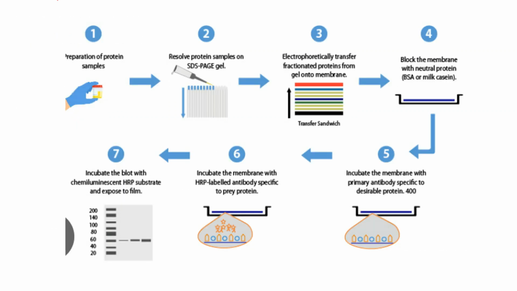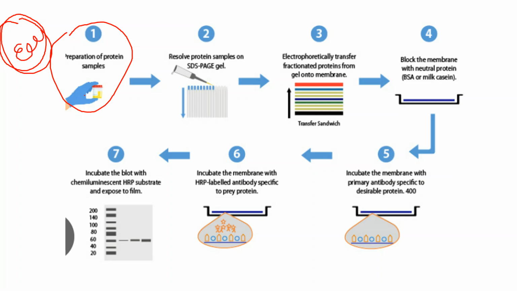So what happens is, during the Western blotting, first we have to prepare the protein sample. How is this protein sample prepared? We know that we grow the cells in cell culture, right? So there will be cancer cells. If you want normal cells, then we have to grow those cells. After that, we have to prepare the sample or cell lysate. For that, what do we have to add? Some protease inhibitors that will not cleave the protein. Protease inhibitors inhibit the protein cleavage and we will get the pure proteins, right?